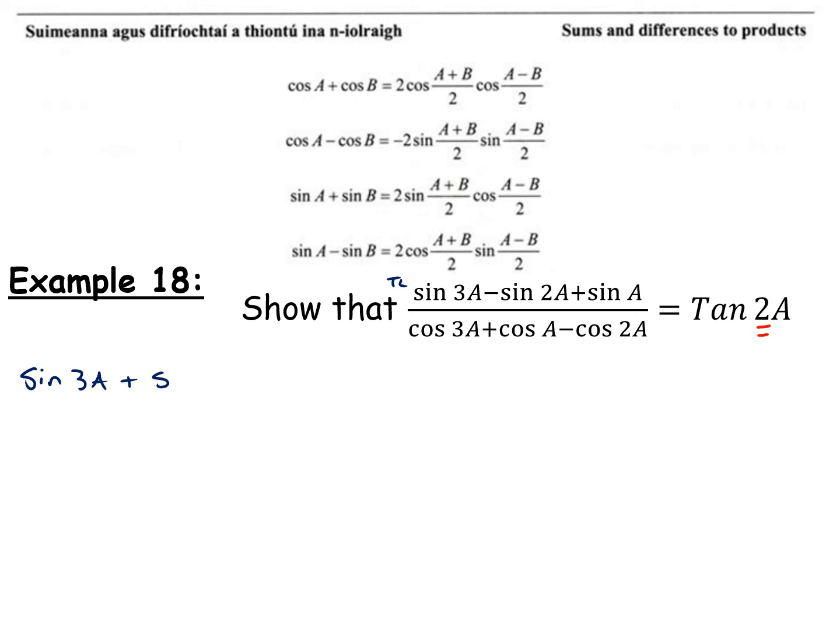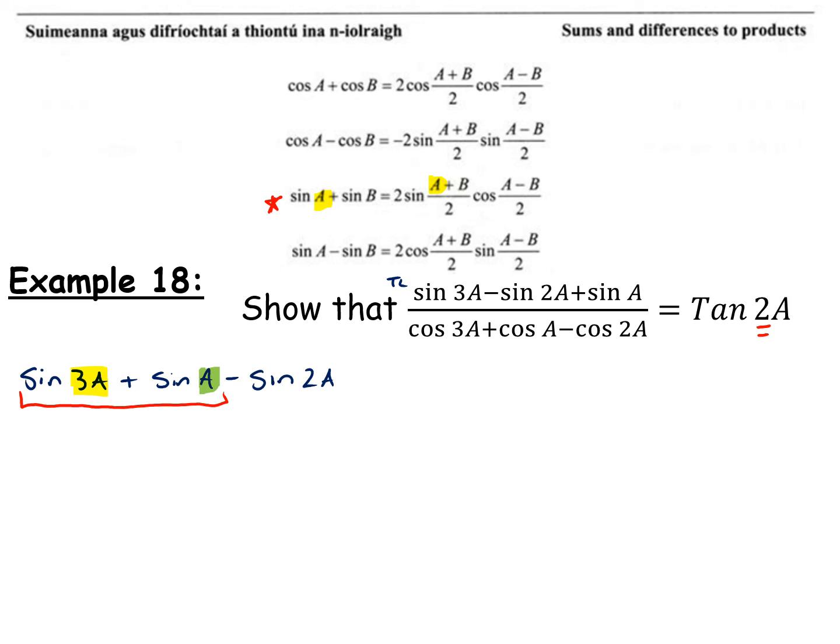Then I'm going to add my sine of a, and then I'm going to take away the sine of 2a. I'm then going to combine these first two terms. Remember, I'd have the same issue if I added sine of 2a plus sine of a. So I have a 3a here, and I have an a here. With regards to the formula, I have sine plus sine, so I'm dealing with this formula here, which means